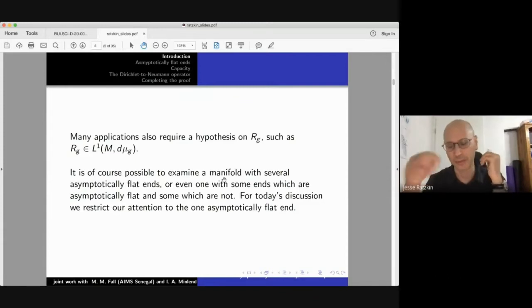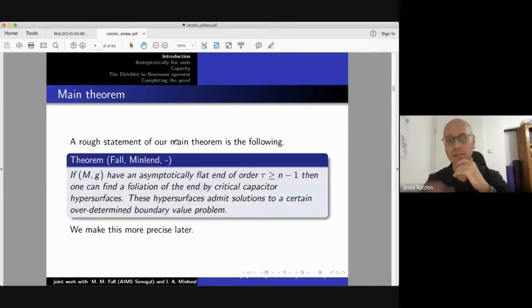So it's possible, of course, to have a manifold with several ends, and some of them may be asymptotically flat, or maybe all of them. Then you may have other types of structures at infinity, but we're going to only talk about one asymptotically flat end today. So a rough statement of our theorem is that if